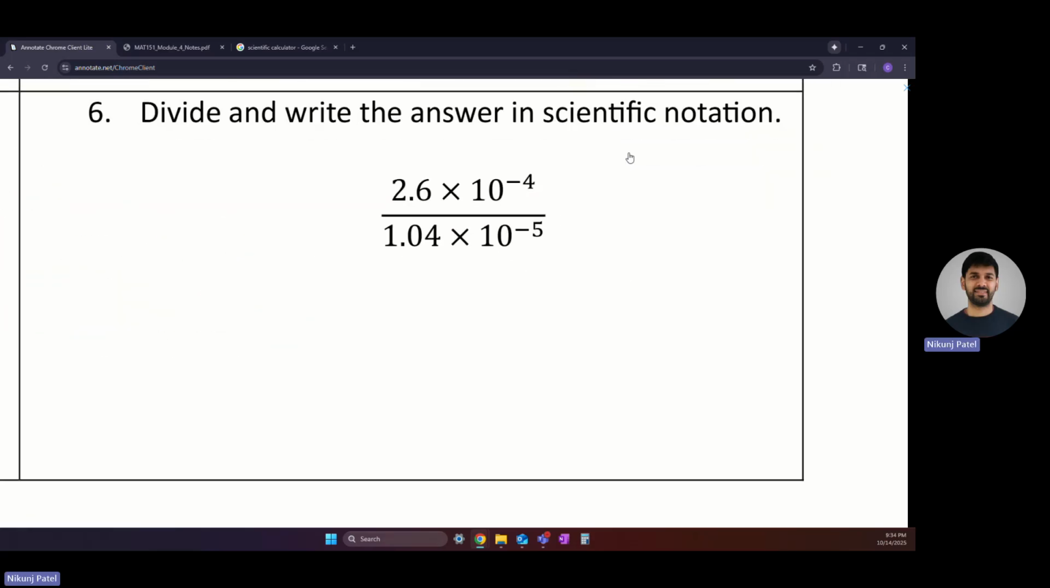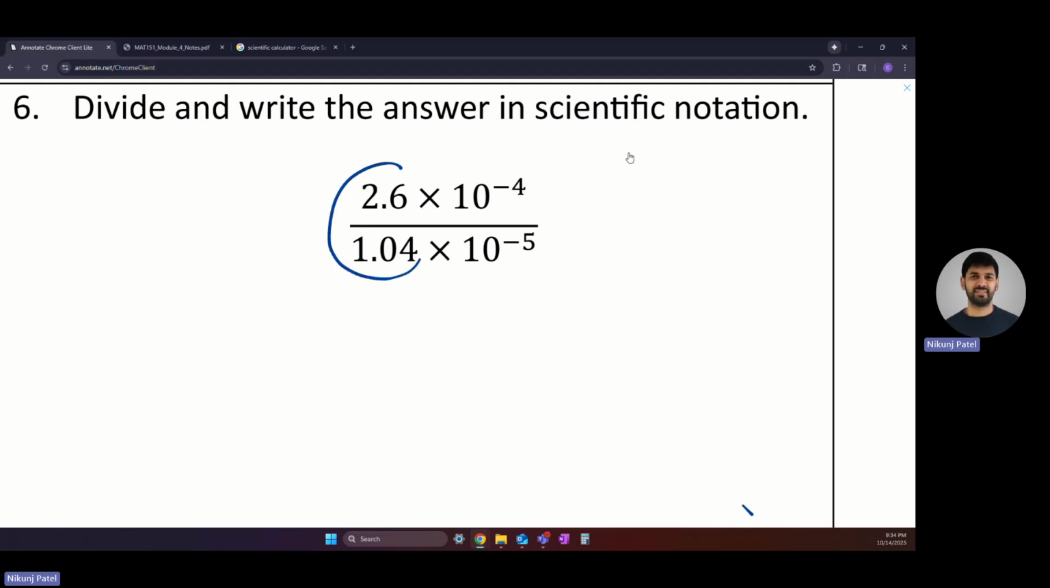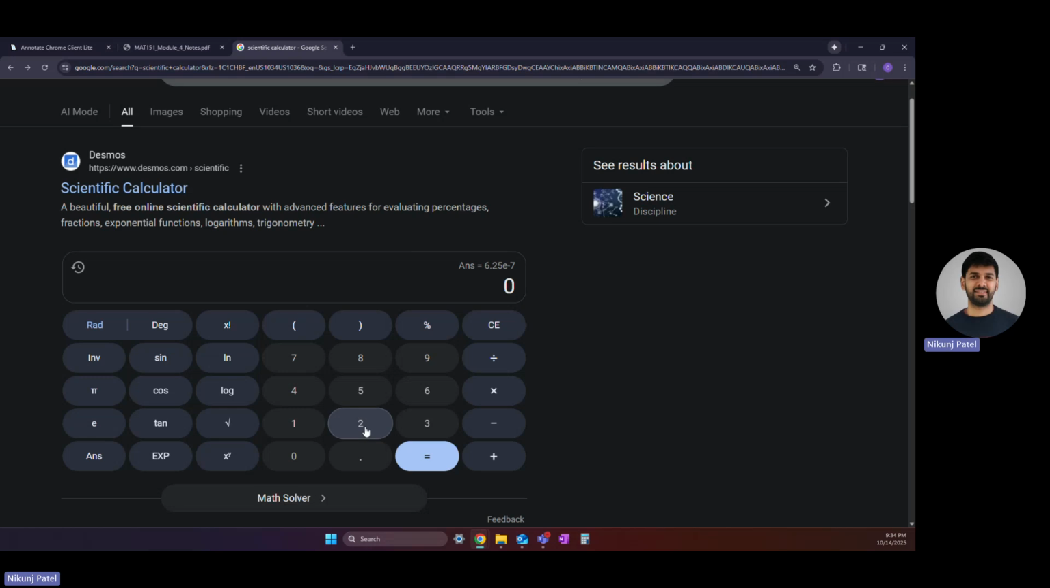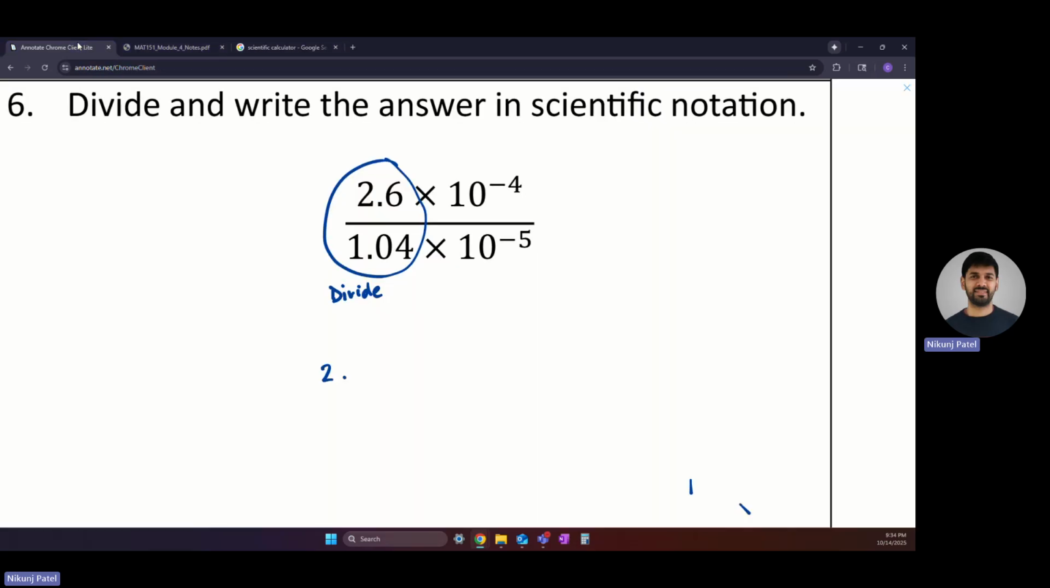Let's do one last example. It says divide and then write your answer in scientific notation. So the first step is to address the non-exponent values and we divide them. So when we divide these, 2.6 divided by 1.04, we end up getting 2.5. So that gives us 2.5 times, I'm going to write 10 already because I know these two have 10, so I just need to divide these, and when I divide them,